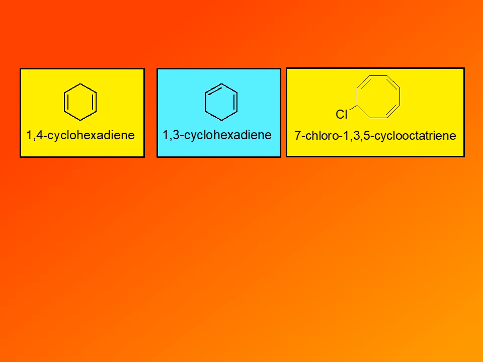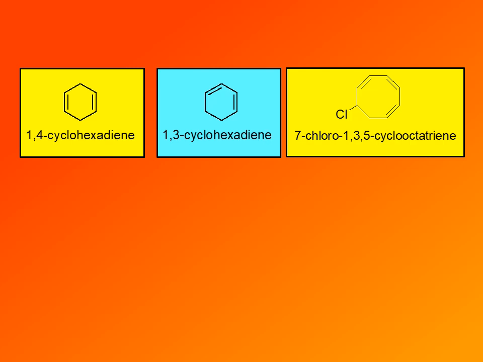So a compound with two double bonds is a diene. With three double bonds it's a triene. And of course then the longest chain must contain all three double bonds. We number them accordingly. In this case 1, 3, 5. And the suffix is triene. Since this is a cyclotriene, then it's